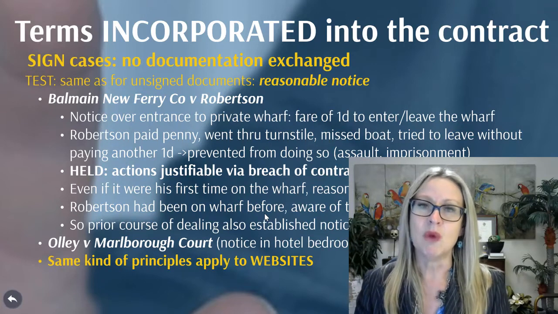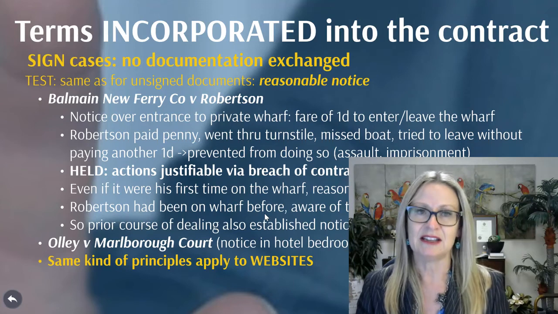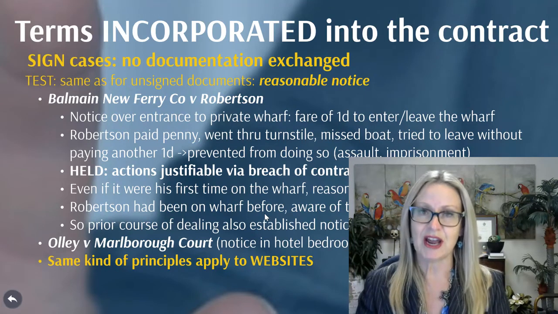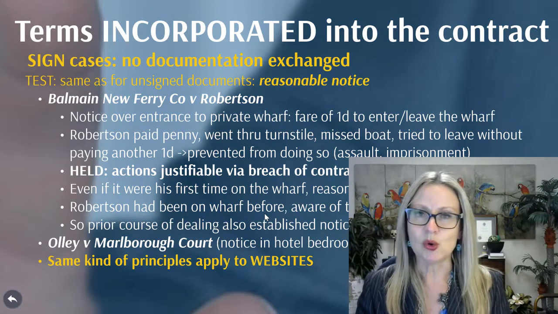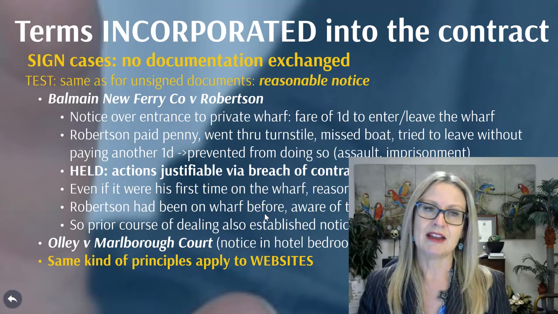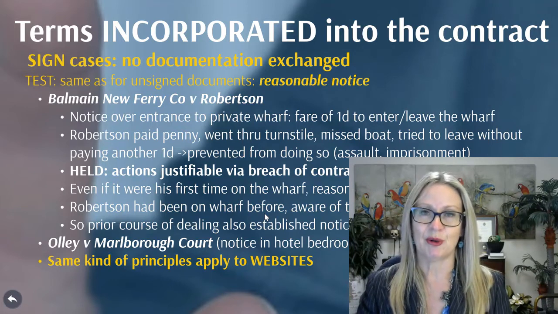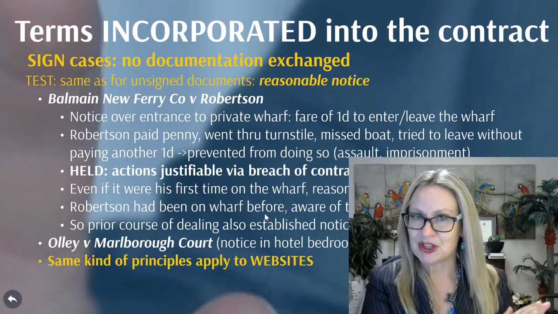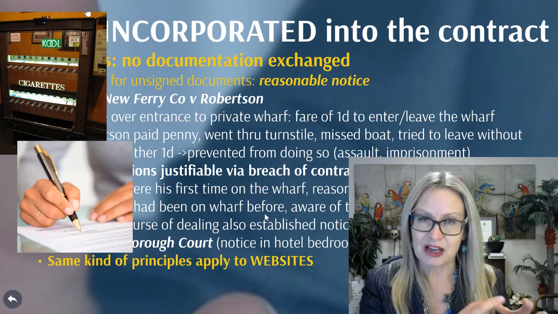just more examples of the same, except in a different context, if you will. Instead of having documents exchanged by way of tickets, you have no document at all being exchanged, and you have the term being brought in via a sign. So we've come a long, long way from Mrs. Lestrange, haven't we? So we've come from Lestrange and Gorka, where you've got incorporation by signature in the actual main